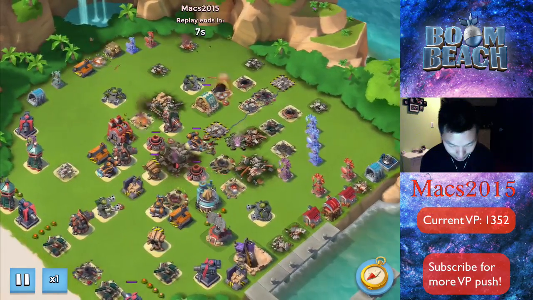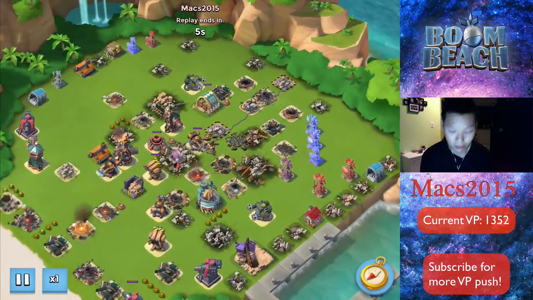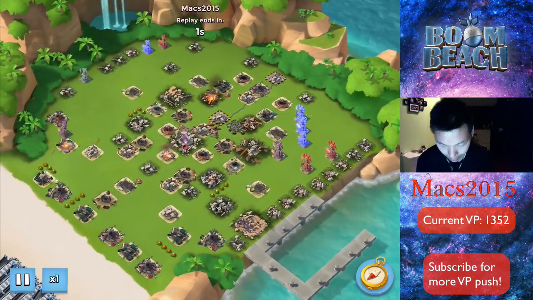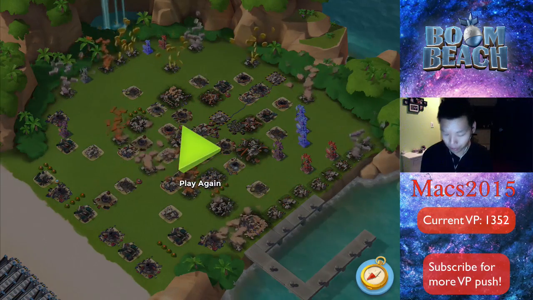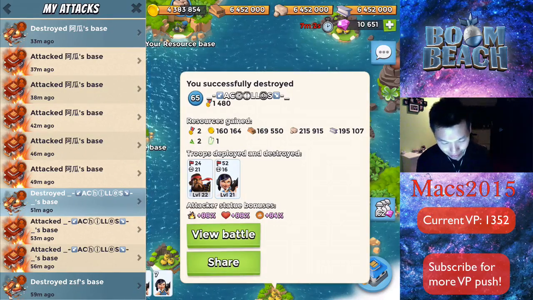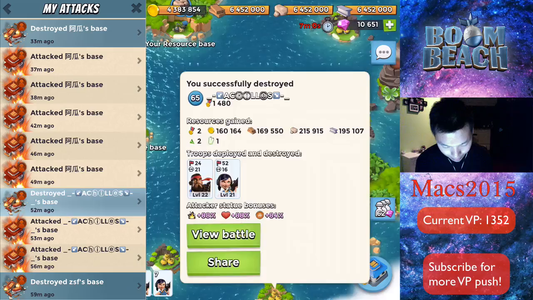This base did have 5 ice statues, 4 of them boosted, so it did have quite a bit of boost, and it worked out really nicely. When this particular strategy and technique works, I think it's the most beautiful play in Boom Beach because it's just so technical. I love it. The last piece here,